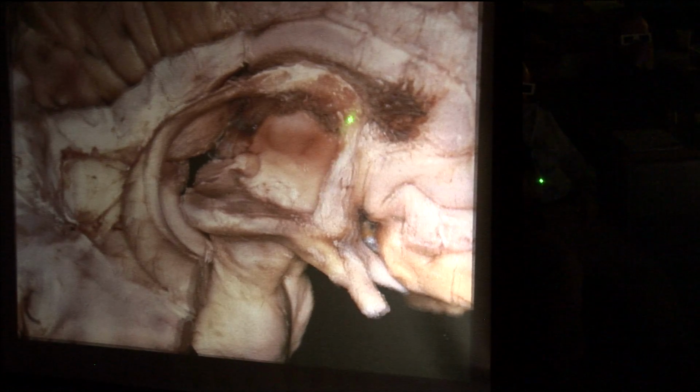This is what part of the fornix? The column of the fornix, or pillar of the fornix. What is this just anterior here? Anterior commissure. Okay? And then you see 3 small gyri here. The most anterior one is the